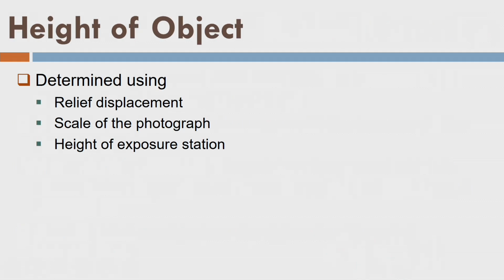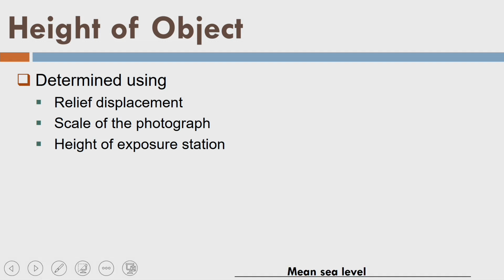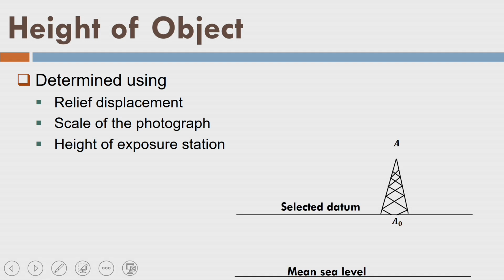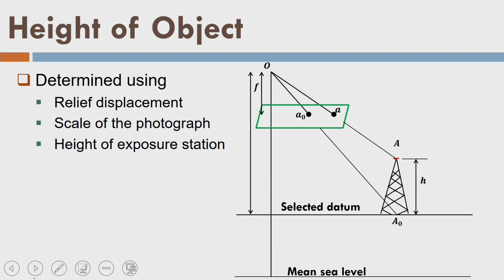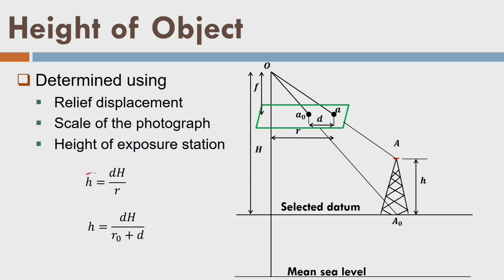Okay. So, the height of an object. Here you see, let us say mean sea level is my selected datum, and I want to find out the height of this point A, this height h. Let us say this is my image. I am drawing it again without going into detail because we have already seen this. So this is the D, right? So I can write h is equal to the height of the tower or building. I will measure this D distance. I know the flying height and I know the R, that is, the distance of the image of the top of the point from the principal point K. So this distance, if I measure, is my R.